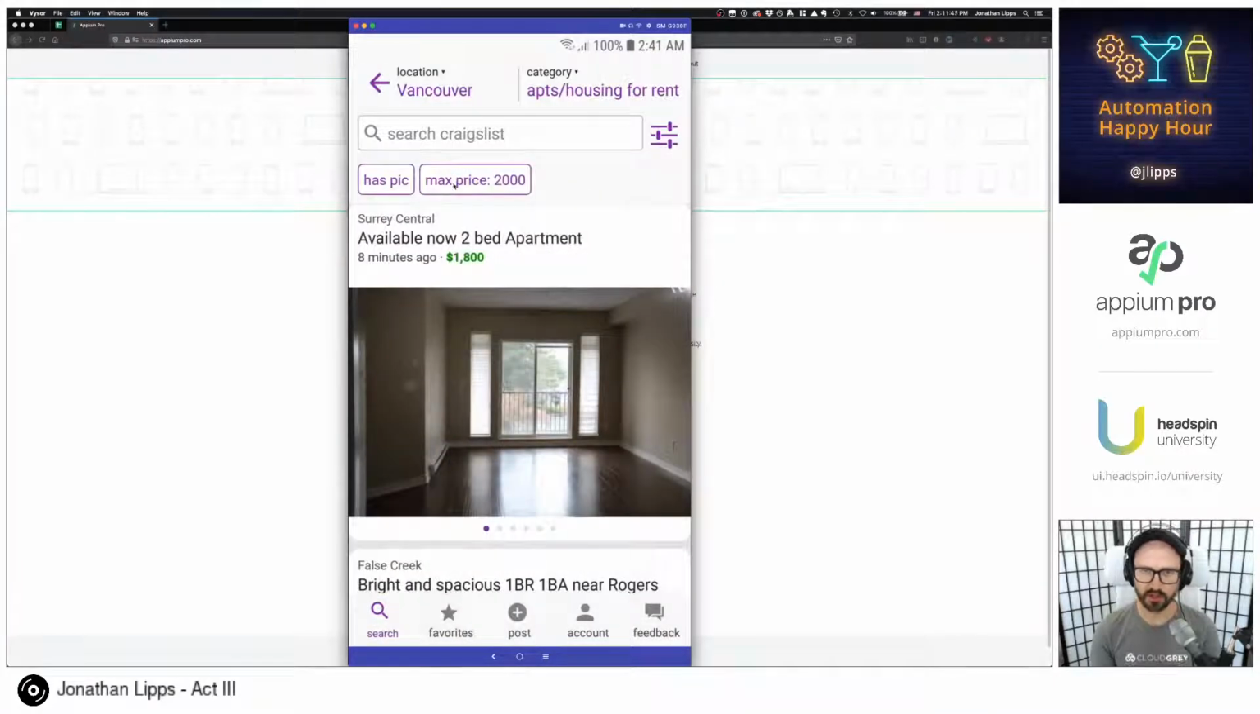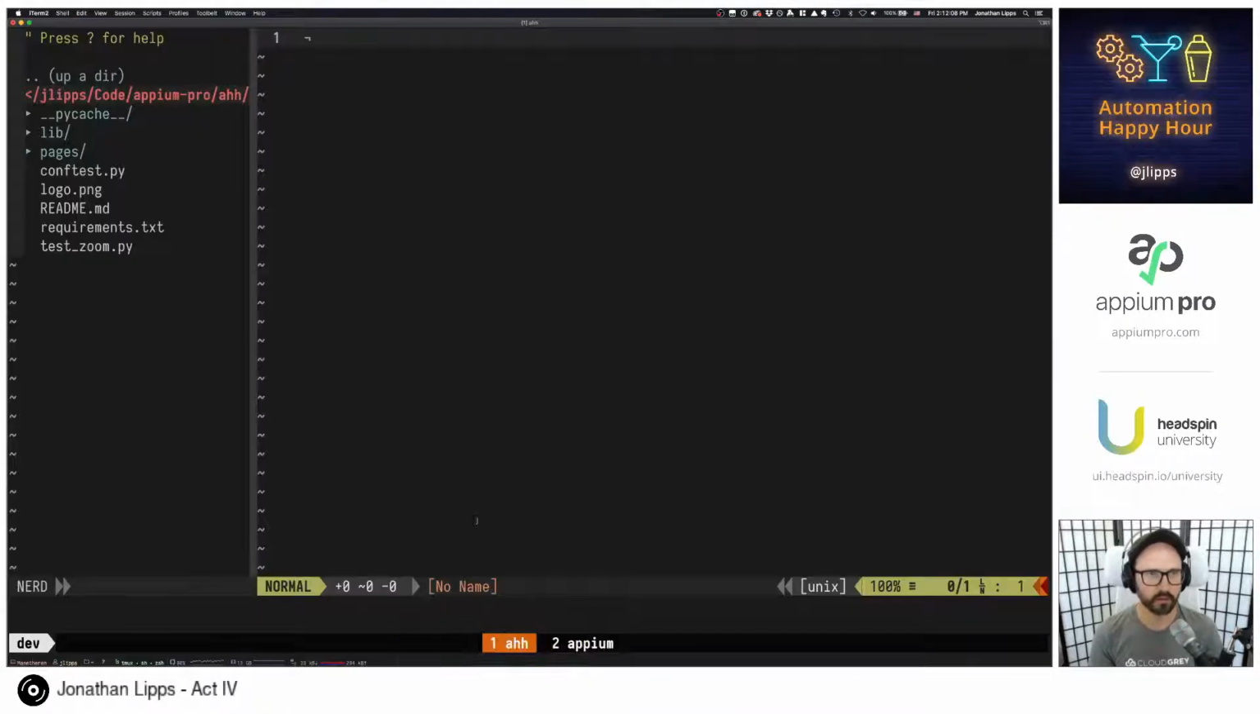Okay, so I think at this point it is time to start building out a page object model. And to do that, we're going to use Appium Desktop. But first, let's go to our code. So this is our code project. Code is up on GitHub,